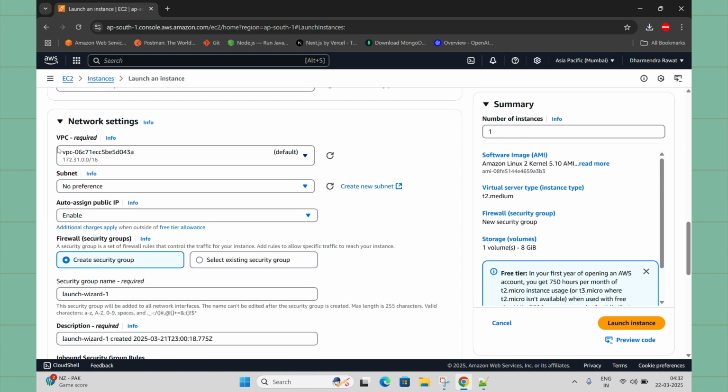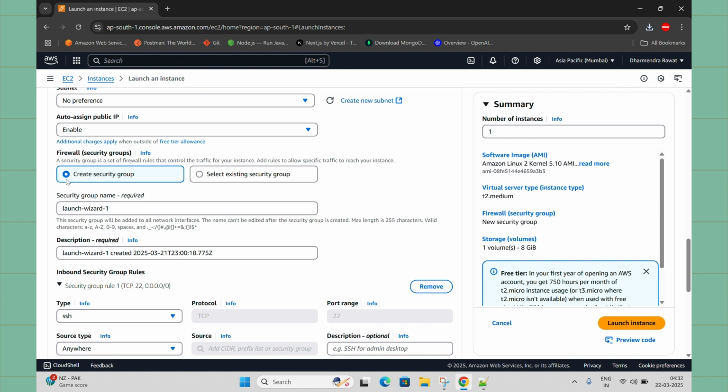See, by default there is a VPC on each machine which we create. This is the default VPC. If you want you can create a new one, but you should have some network knowledge, and as per requirement you can create those things new. From here you need to select a subnet, and this should be enabled, and I'm going with the default setting only, so it will create a security group here. You can also select an existing one.